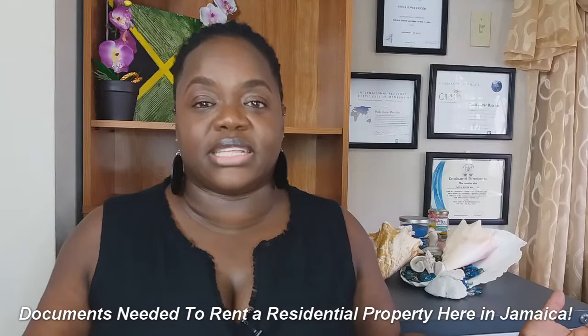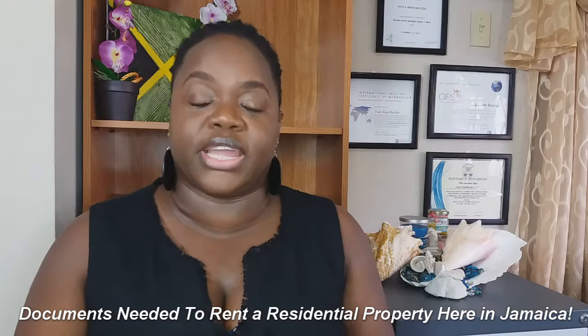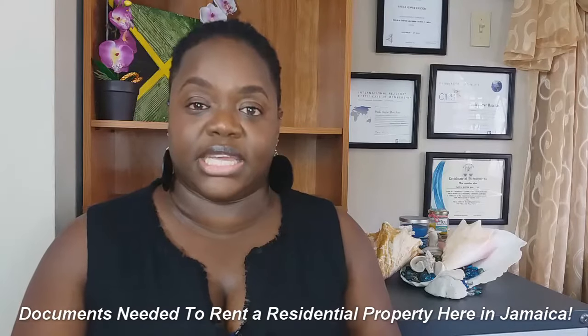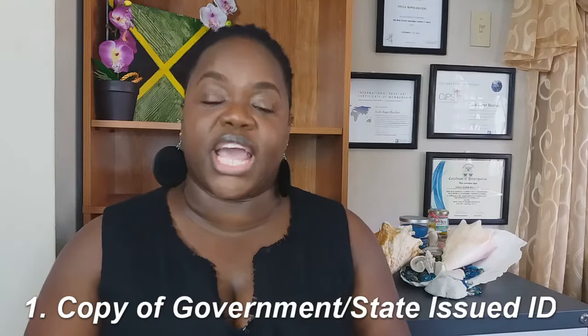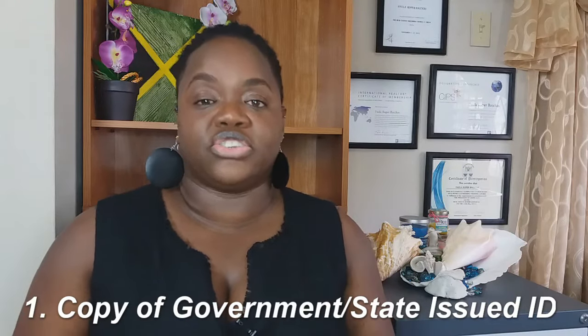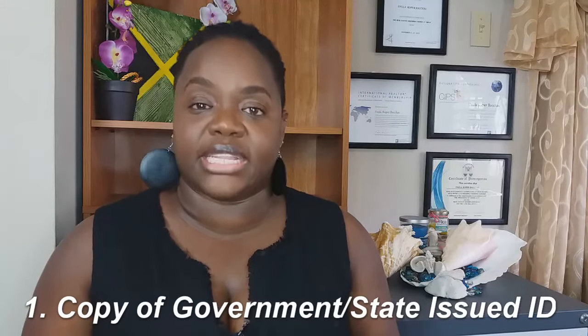Today, we will be discussing the documents that we will need from you when you are offering to rent a property here in Jamaica through a real estate company. Number one, we will need a copy of your government or state issued identification. This includes passport, driver's license, national identification, or state identification. These are the type of identification we will require from you to proceed with making an offer to rent a